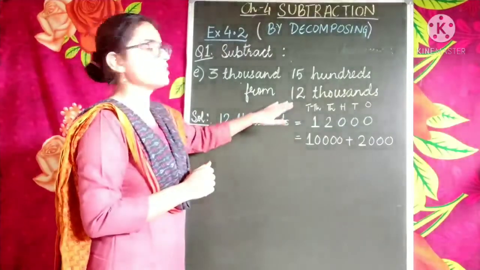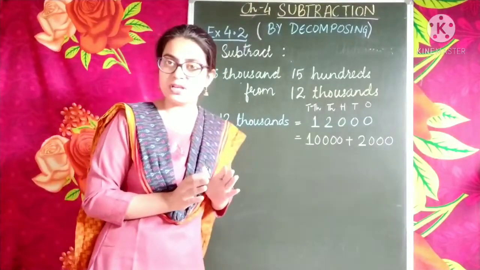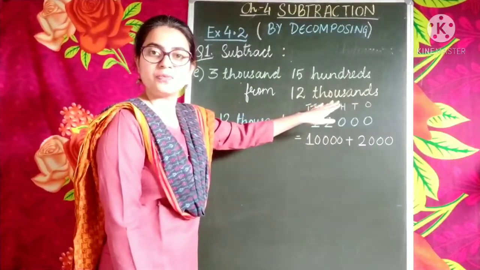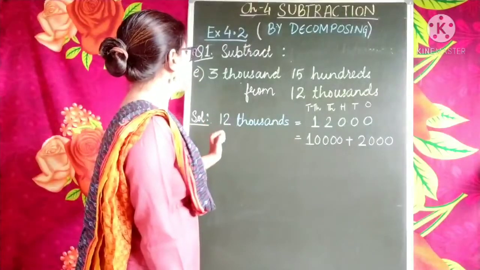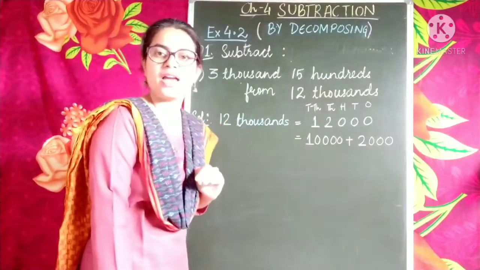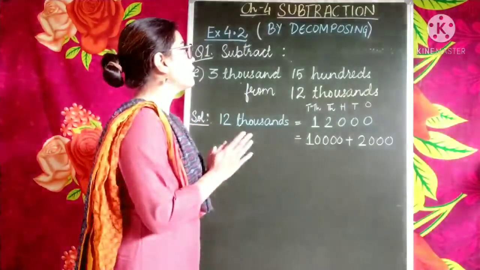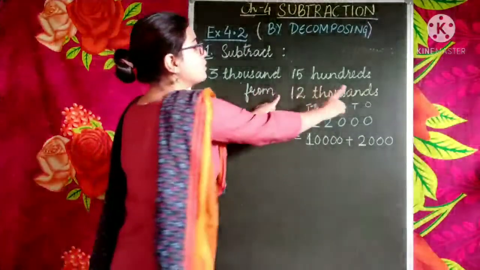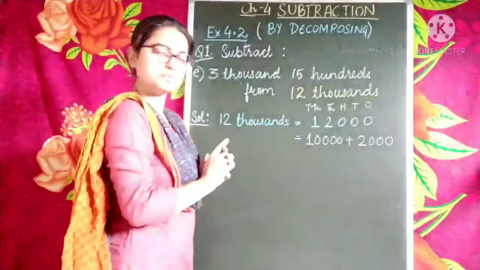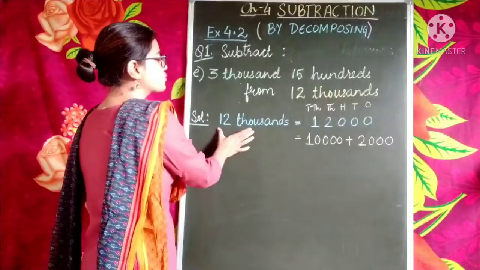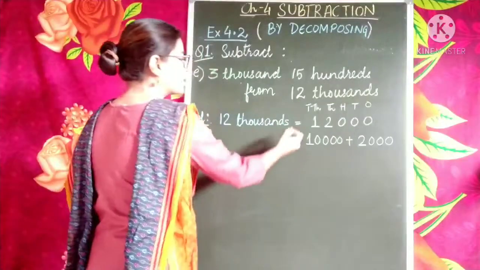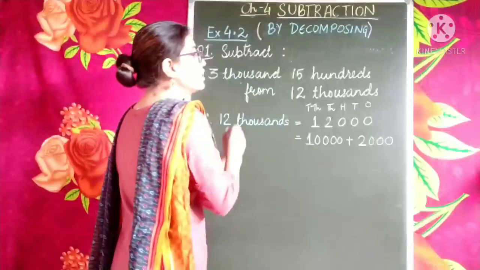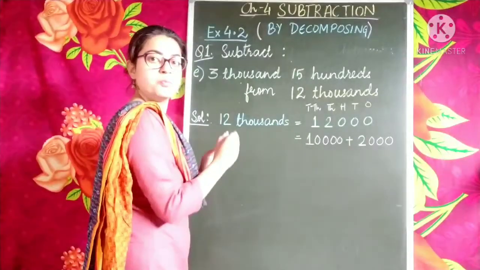As I told you, we have to first identify the bigger number, which is the minuend. Here in this question, the bigger number is 12,000. It is the minuend. Now, 3,000 1500s is the subtrahend because it is the smaller number. So, where do we use decomposing here? We use decomposing to break down this bigger minuend. I have written 12,000s. Numerically, it can be represented as 1, 2, 0, 0, 0. I have written the place values also. Now, I am going to decompose it, that is, I am going to break it up.